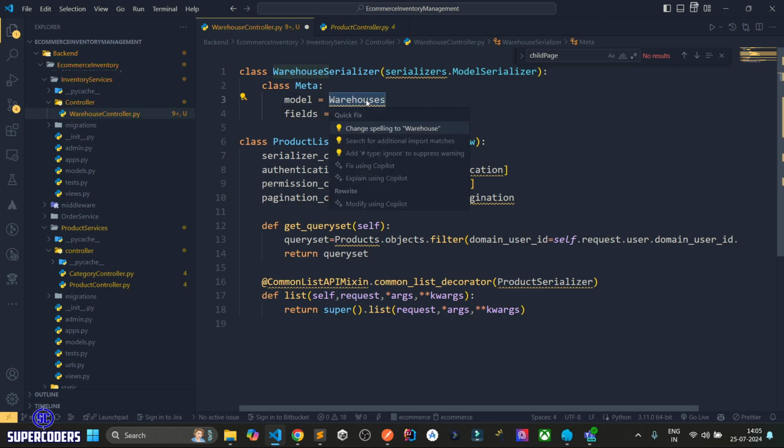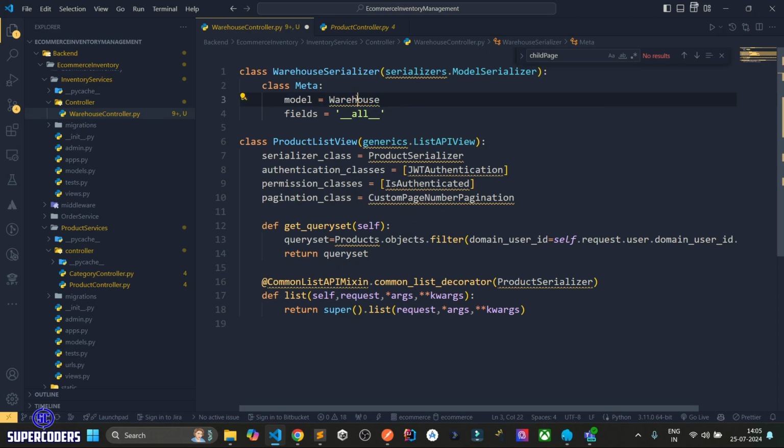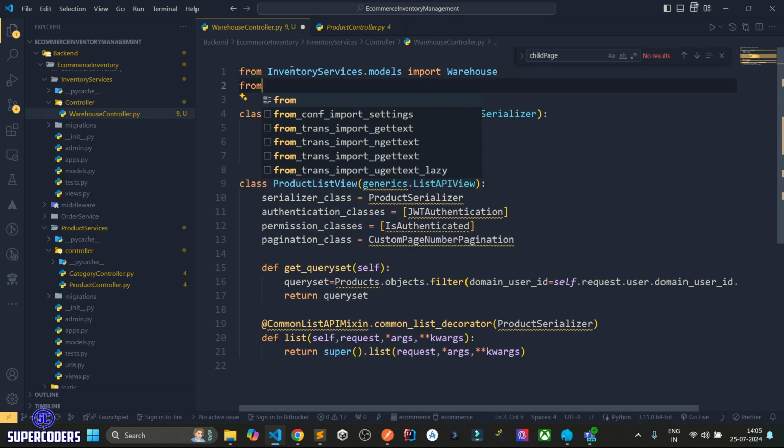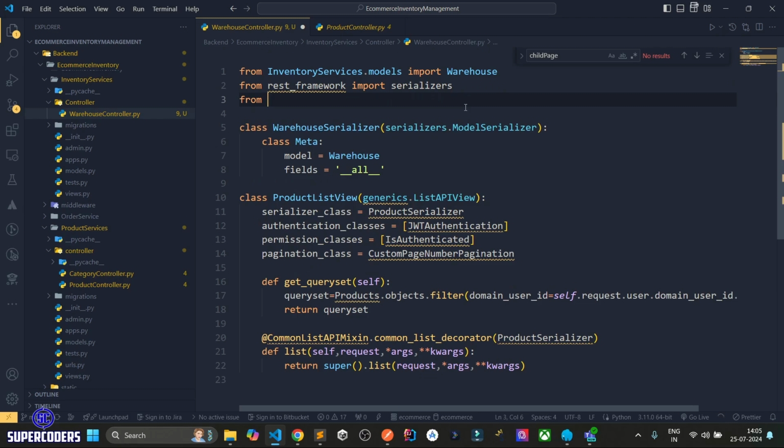Let's import this warehouse, import it, select the path, inventory service, import it, then import the REST framework. After that, import the generic. So from REST framework, import generic, then change this product serializer to warehouse serializer. Also, here change this to